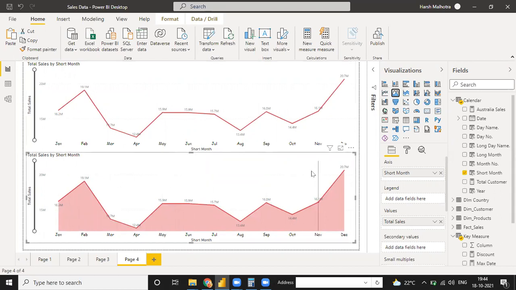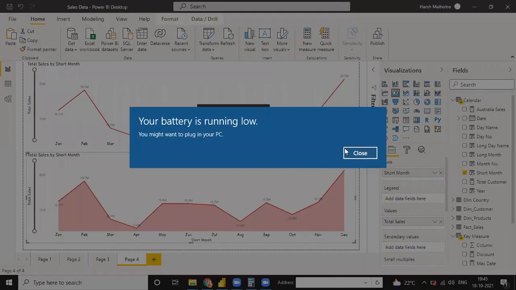Like this time I can use my fill chart, this is my line chart.